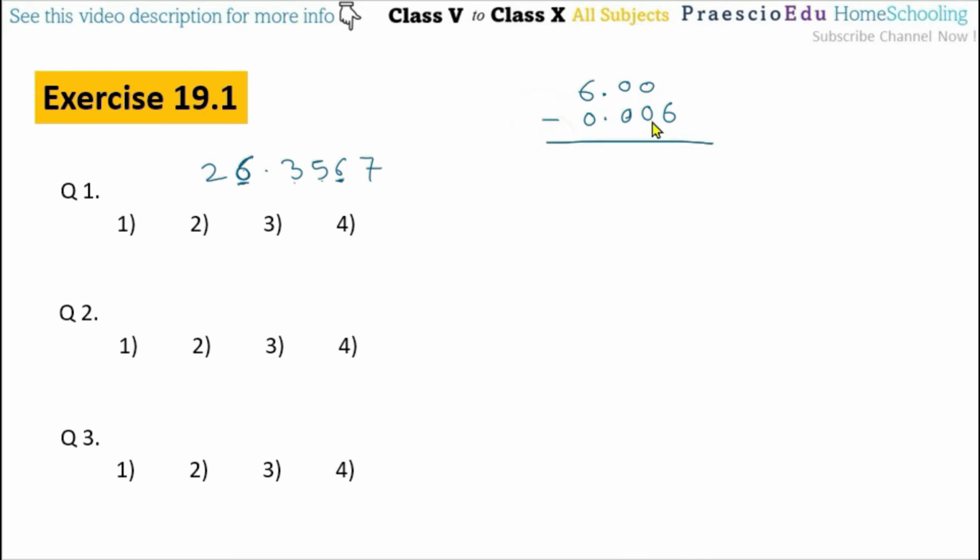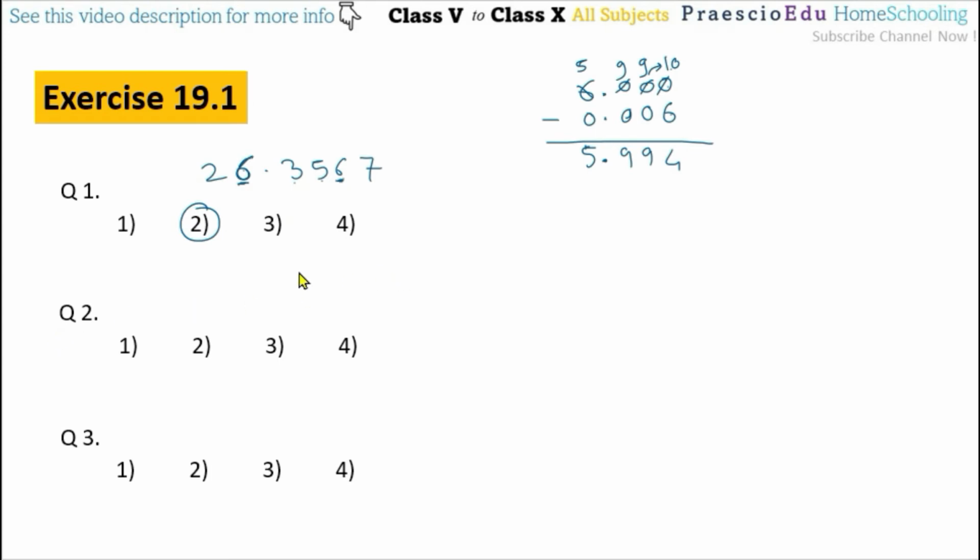Now we are going to find out the difference, so we have to do subtraction. Here also we will maintain the 0. Now 0 minus 6 is not possible, so we borrow 10. Sorry, here also the 10 is not available, so here 9, here 9, and here 5 we have to maintain. So 10 minus 6 is 4, then 9 as it is, 9 as it is, and 5 as it is, with the decimal point as it is. So 5.994, and this is given in option number 2.